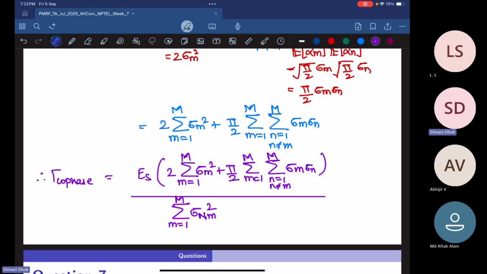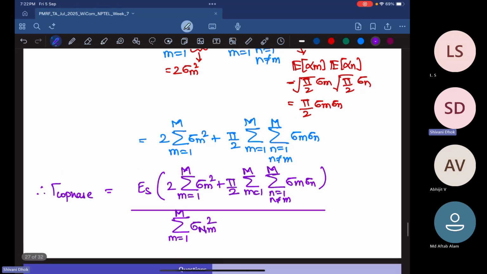So this is the average SNR when your channels are independent but not identically distributed,